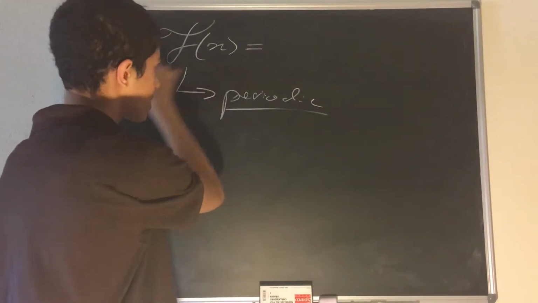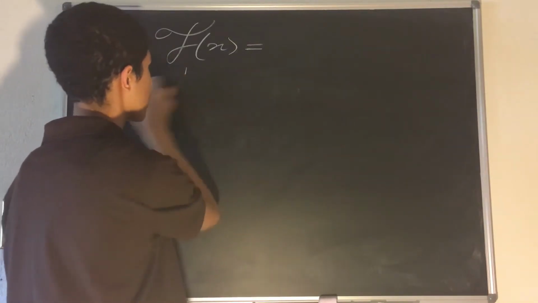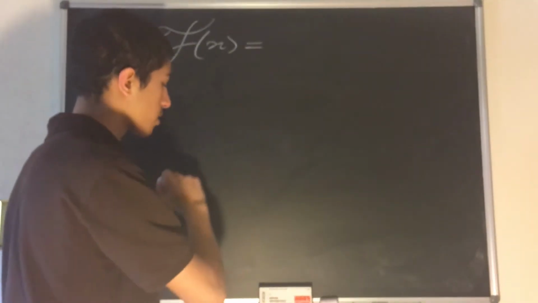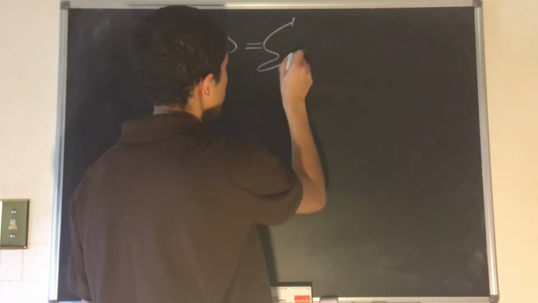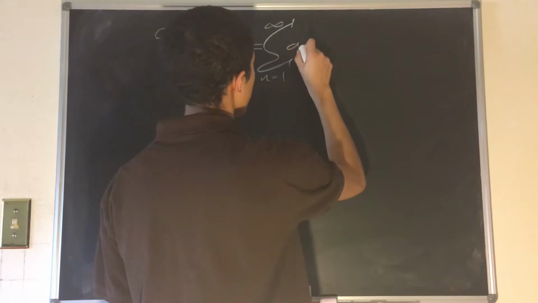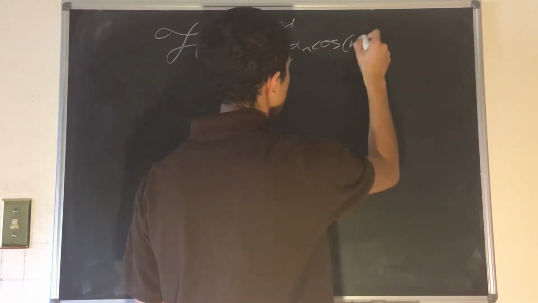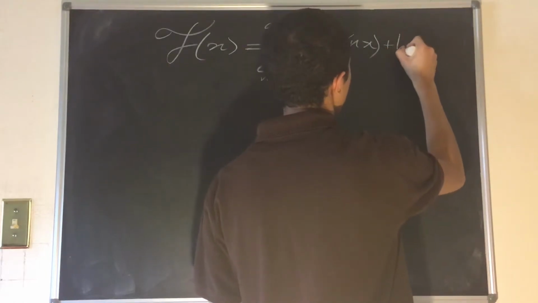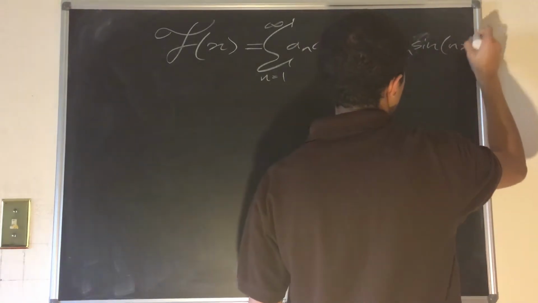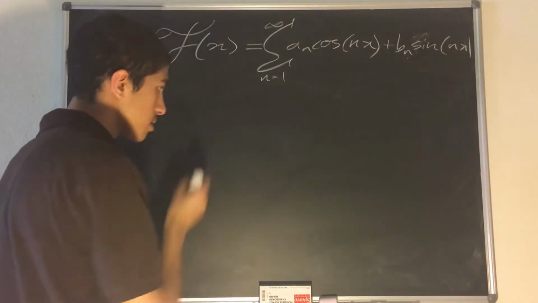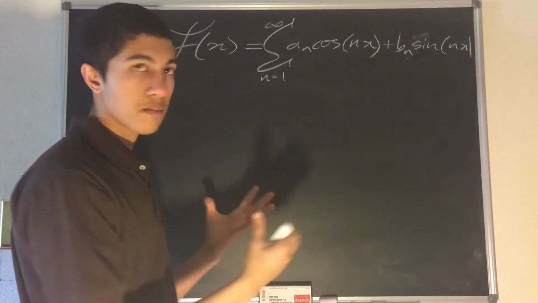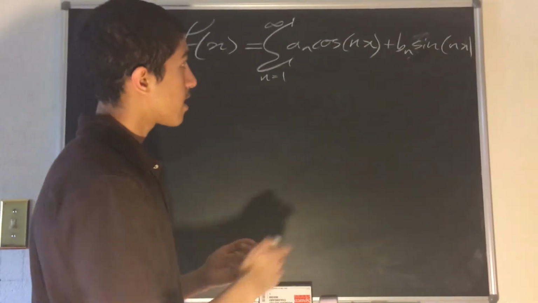So our f of x needs to be periodic, and just for ease, we will be working with 2 pi, so it will be periodic over 2 pi. Then the Fourier series is the infinite sum from n equals 1 to infinity of a_n cosine of nx plus b_n times the sine of nx. And so this makes sense because it's the infinite sum of varying trigonometric functions which have different frequencies